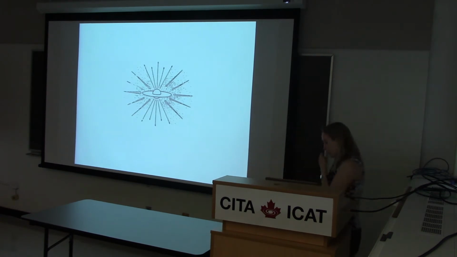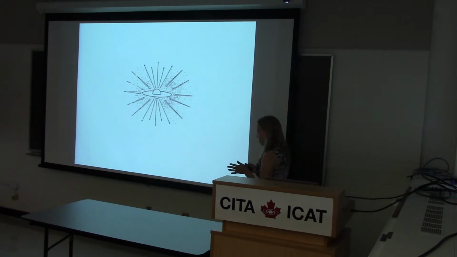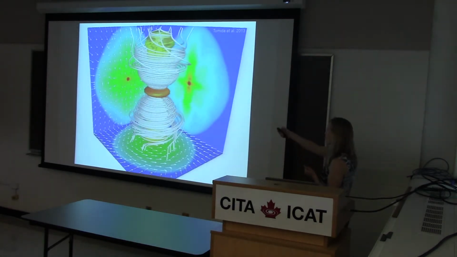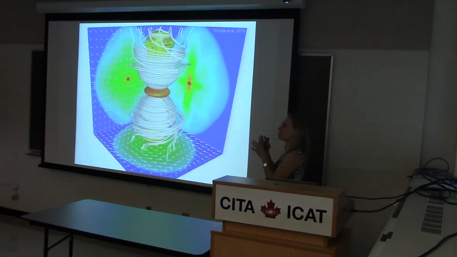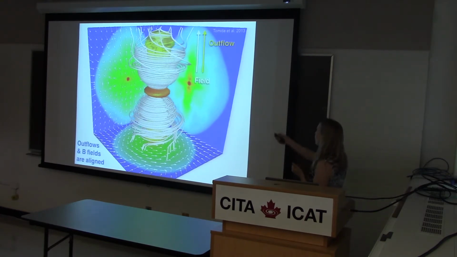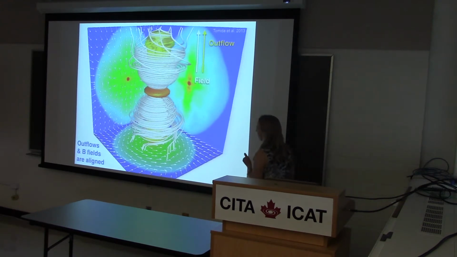People have done magnetized core collapse calculations of this stage of a forming protostar. And they get something that looks like this. Here, the white lines are the magnetic field lines. In this picture, the field might be orderly on large scales, and it gets wrapped up on small scales, right? And in this scenario, we have this disk, which is nicely aligned with the field. And we have an outflow coming out here, which is also aligned, or apparently aligned, with the bulk field.